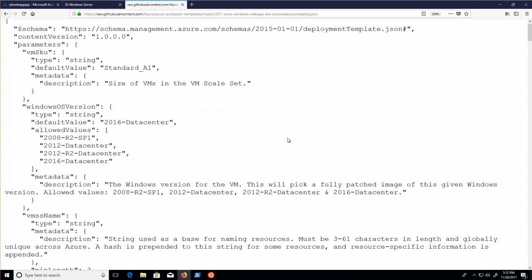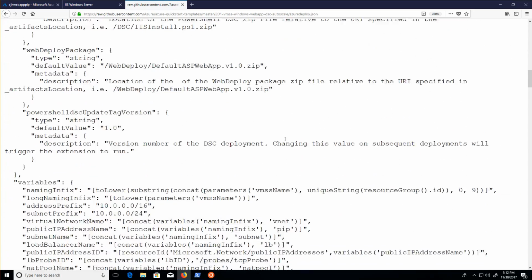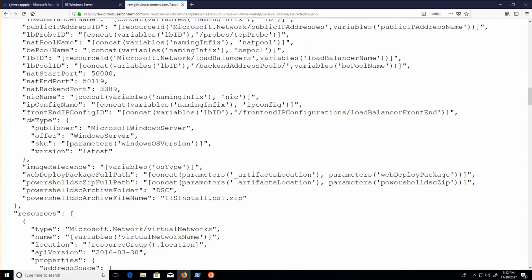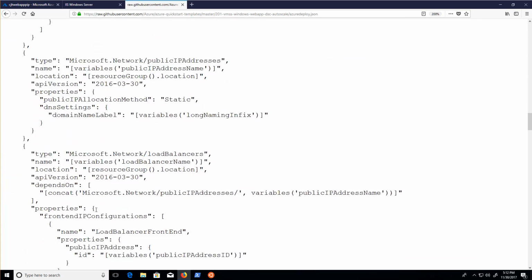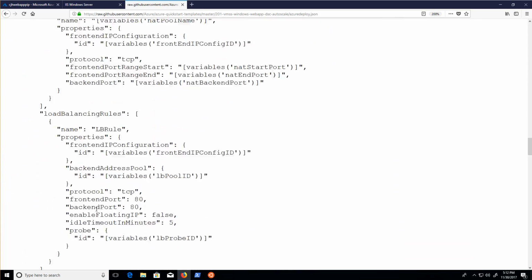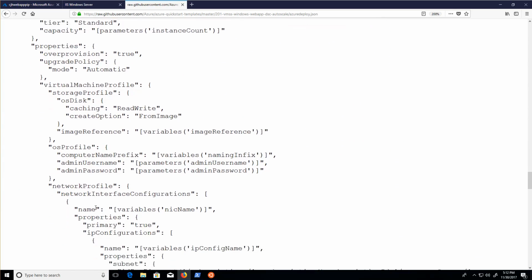And we're going to scroll all the way down through this. When we get to our variable section, you'll see that there's a couple of variables: web package deploy full path, PowerShell DSC path, PowerShell DSC folder and file name. So that actually references those files for PowerShell DSC. And then when we scroll down to the operating system installation section,